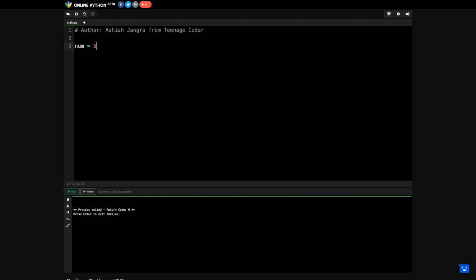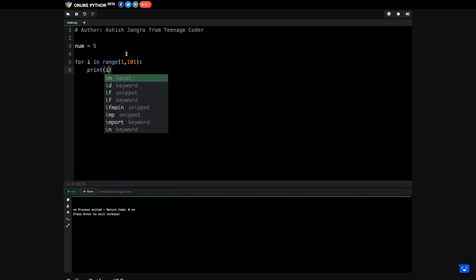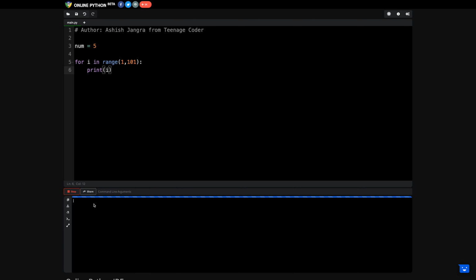Means I want to check all the numbers from 0 to 100 which are divisible by 5. I will print those numbers. So what I need to do for that case, I'll go for i in range, because the first step is going to be to go through each and every number from 1 to 100, right? I will start from 1, I'll go to 100. To go up to 100, I need to write 101 here because I need to write the upper range one more than that. So I need to print i just to check if we are getting the correct value or not.